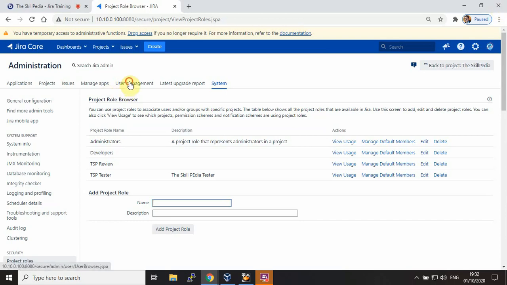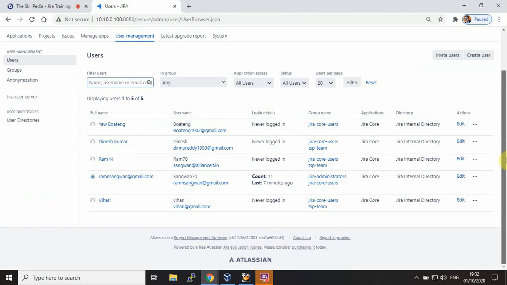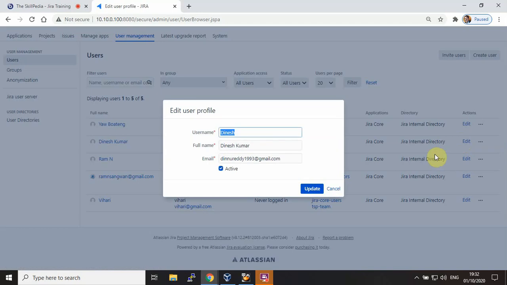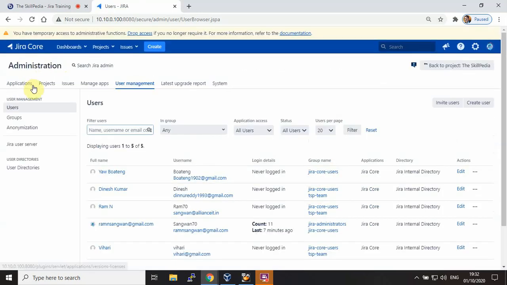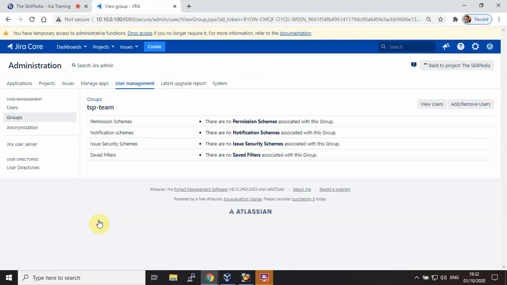Yeah, here for example, let me see this. I'm missing something, but I'll see that action. This is nothing but activate or change user groups. TSP team, edit members. Let me click on TSP team. View users.